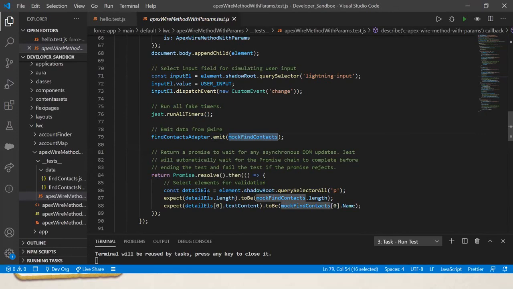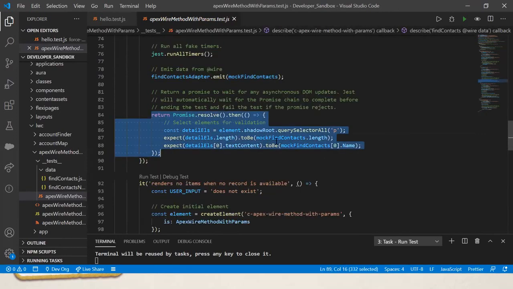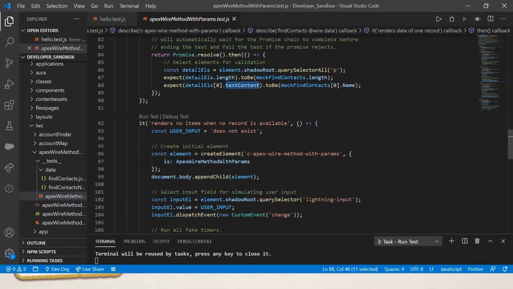Based on that detail, we can verify all these things with the matches to assert your values. We are just querying the p elements, and how many records have been processed can be used from the users' perspective only, so we can add many more sets as well based on our need. So this is the second one.